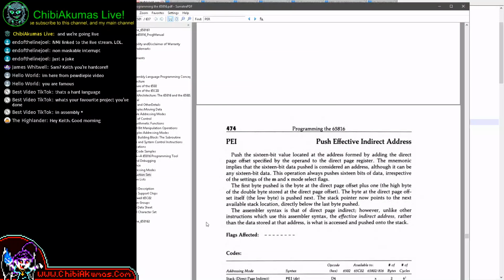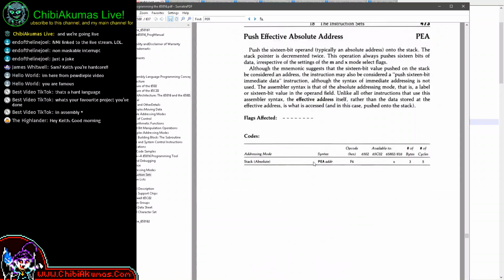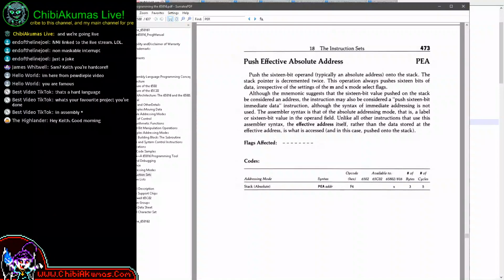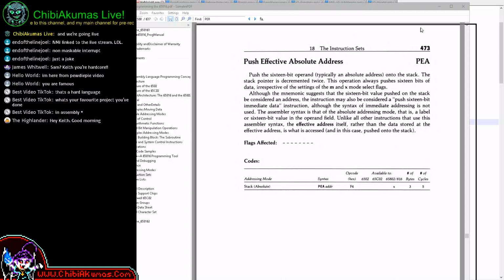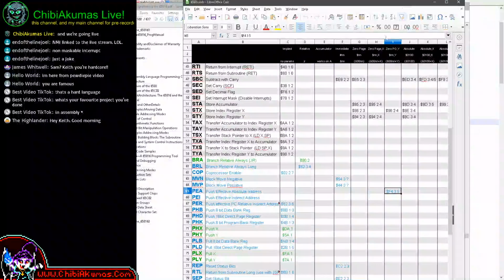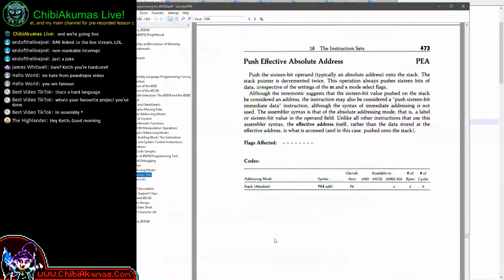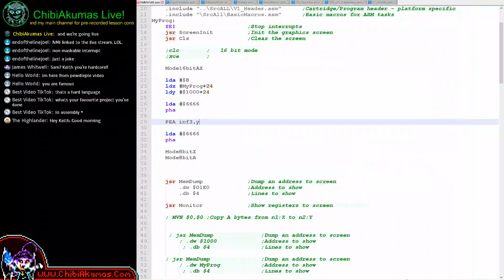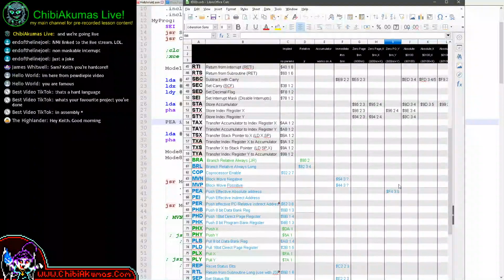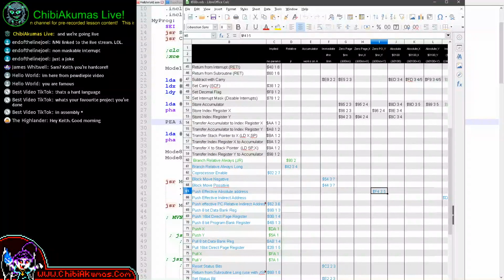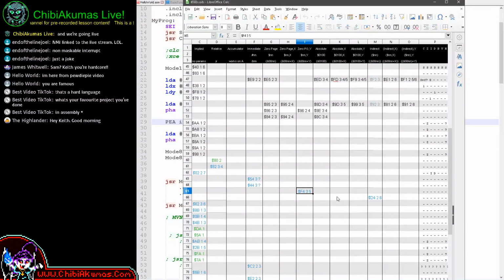Push effective indirect, direct page. Yeah, I would expect that. Yeah, I've made a mistake. So what should it be? It's not using Y at all. So I've completely messed that up. So if I move that across to here,